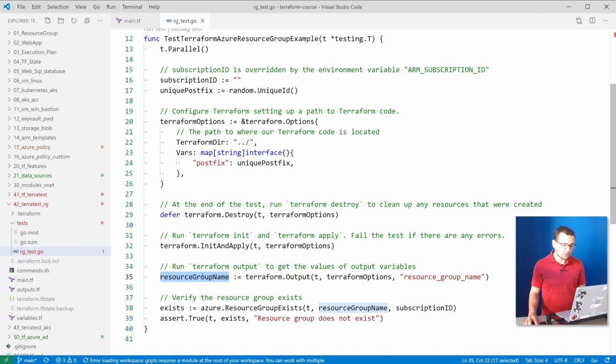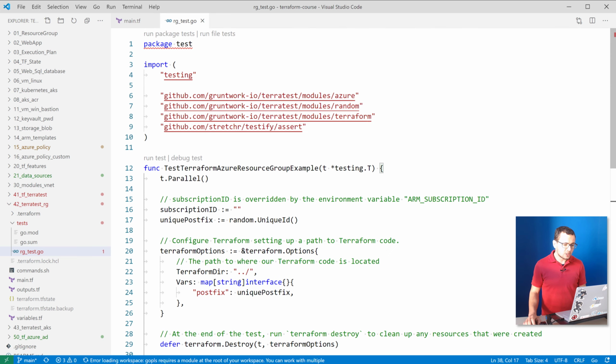Then I check for the resource group from the output variable, and then I'll check if that resource group does really exist.